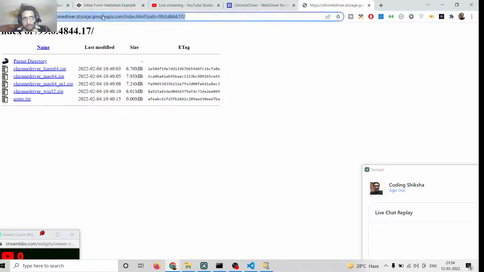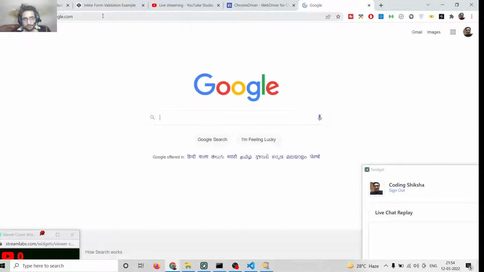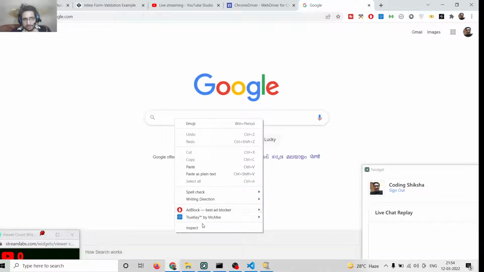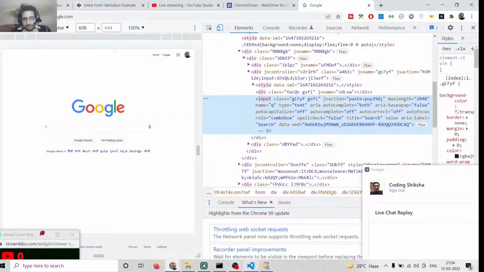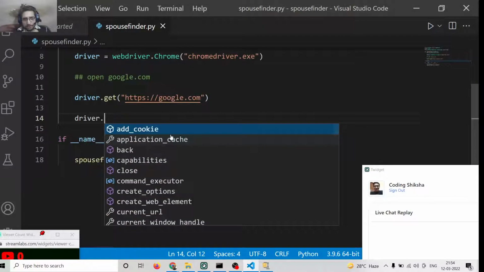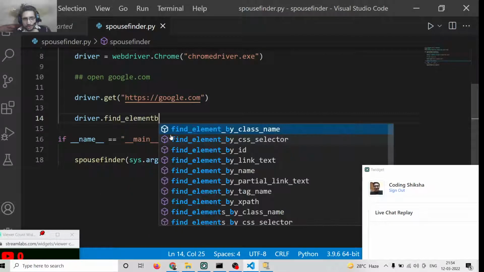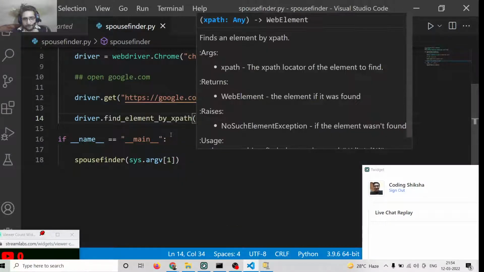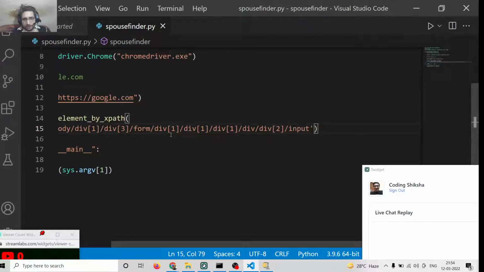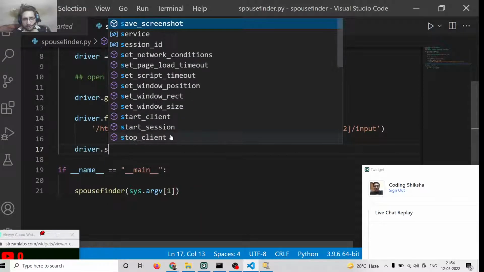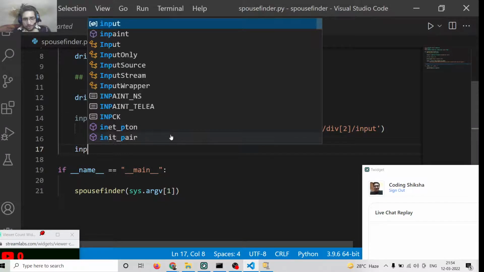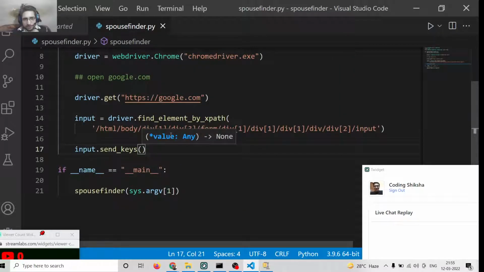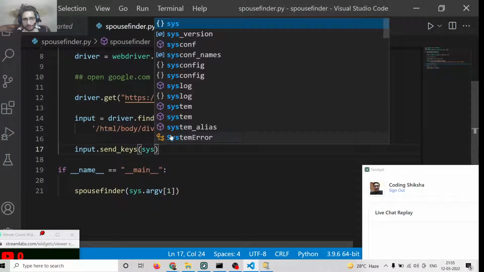target the input element. Whenever you go to Google, you will find this input field. So we need to write inside this input field. We will right click, inspect element, copy XPath. So we will simply say driver.find_element_by_xpath, paste it. After getting this reference, we need to store this inside a reference. Input is equal to. Now input.send_keys, and here we can write sys.argv,